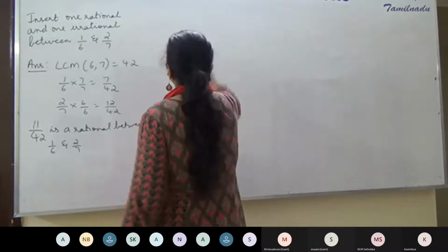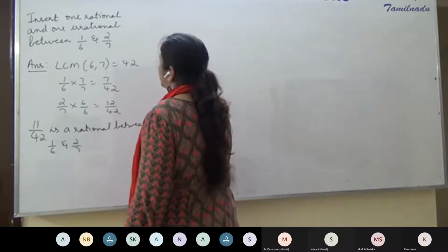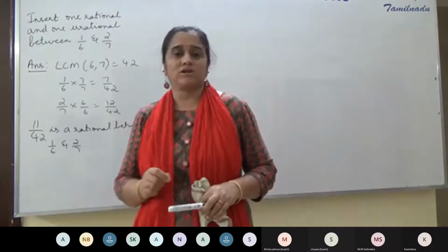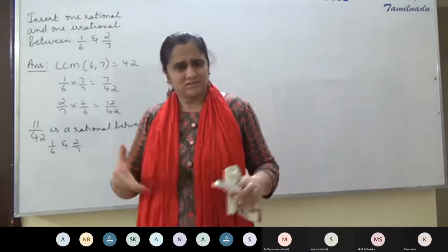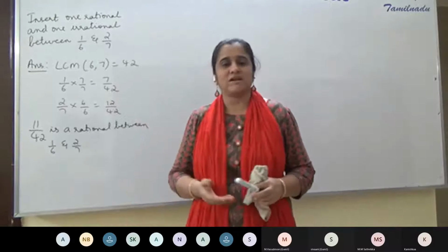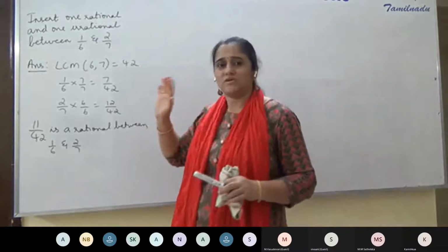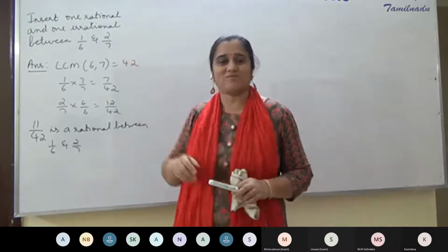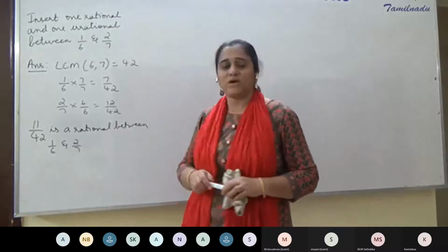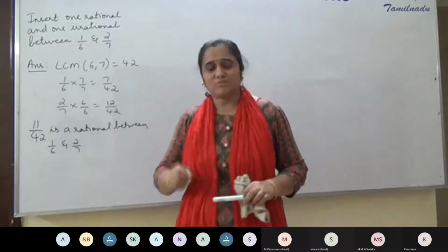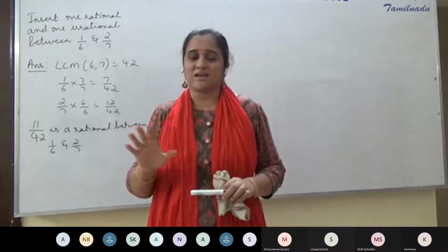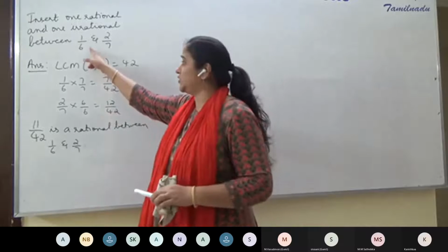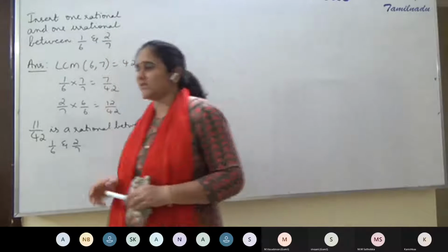Now I want you all to perform the long division and find the decimal expansion of 1 by 6. The regular long division we learned in the 5th, 6th standard. Divide 1 by 6 and 2 by 7. Don't use a calculator, please. Tell me the quotient obtained when you divide 1 by 6 and 2 by 7. Take 5 minutes for this.